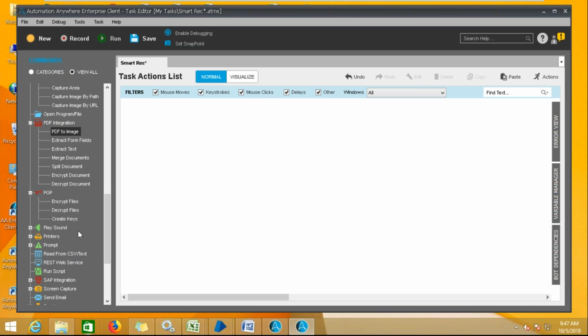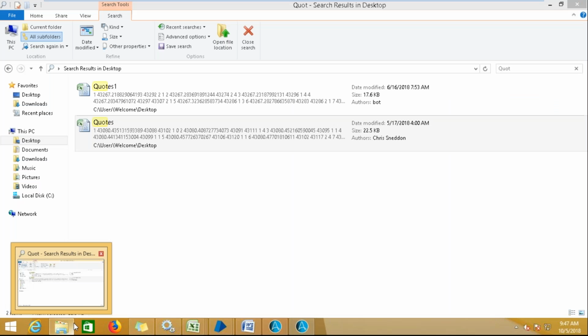So what is the PDF command? Does anybody want to share their understanding? What is the PDF command? By name, or by options, you can relate what actions or activities we can execute with the PDF command. With the help of this PDF command, you can integrate with PDF files and read PDF files.